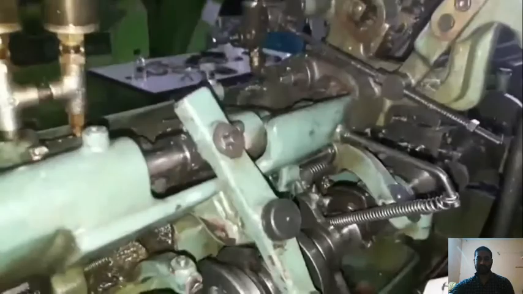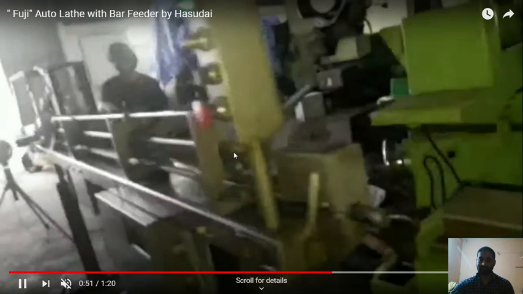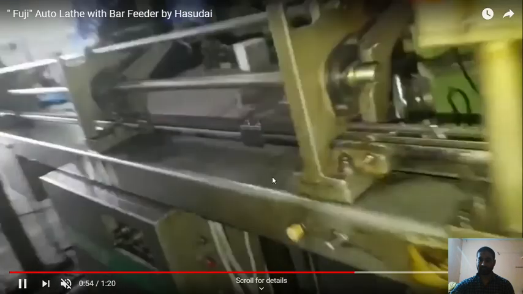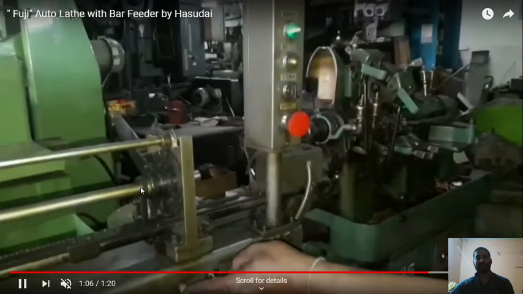See, this is the cam and camshaft. This is the bar stock, that is the workpiece. So a larger length of workpiece is held at a time, and after the completion of one workpiece, the bar stock advances automatically by a stock feeding mechanism into the collet chuck.